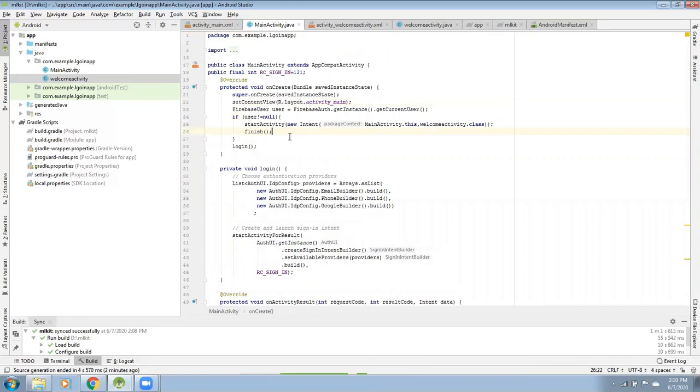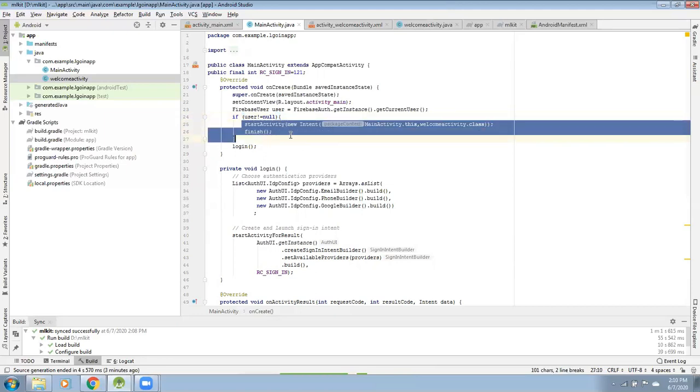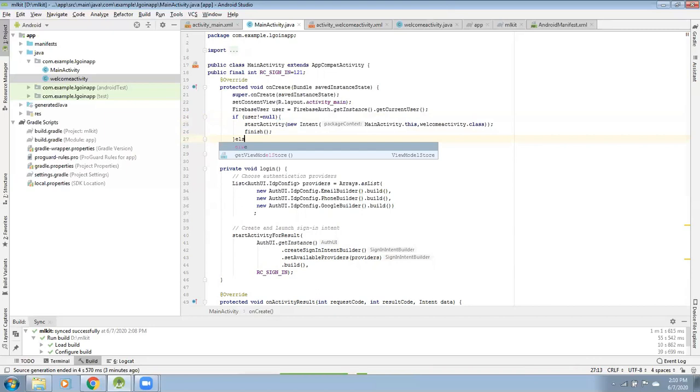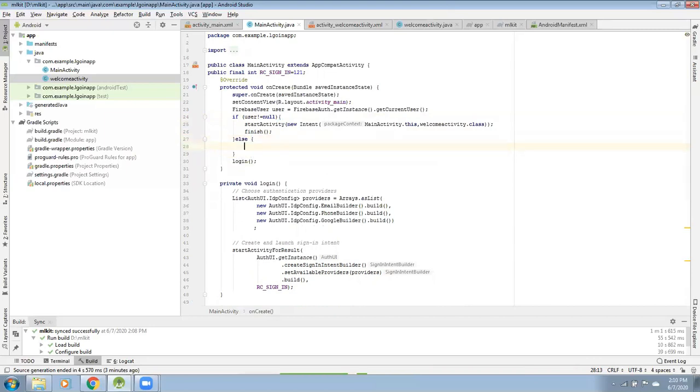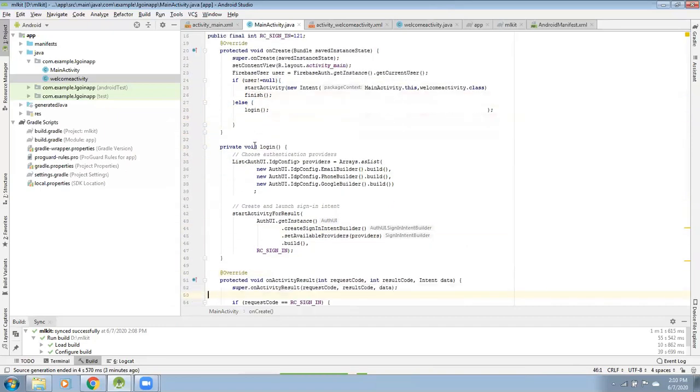Since main activity is a launcher activity and welcome activity is not a launcher activity, every time main activity will be launched first, so it will be verifying if user is not equal to null, then he'll be going to the welcome activity directly, or else you keep it at else condition, he needs to verify, then go to the welcome activity. So this is the code.